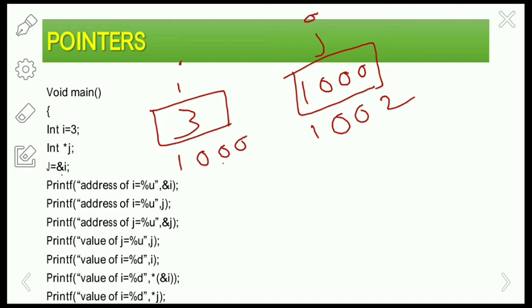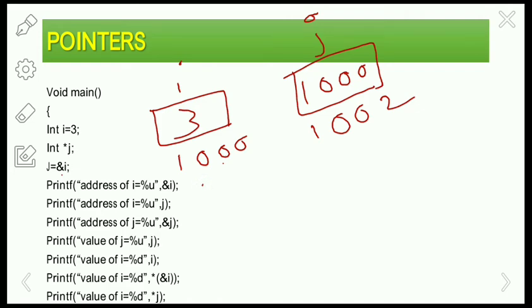Now we will see the execution of the remaining statements. printf address of i equals %u. Why am I taking %u? Can't I take %d? Percent d represents an integer, and percent u means unsigned integer. Normally addresses are in unsigned integer format, so that's why I'm using %u.